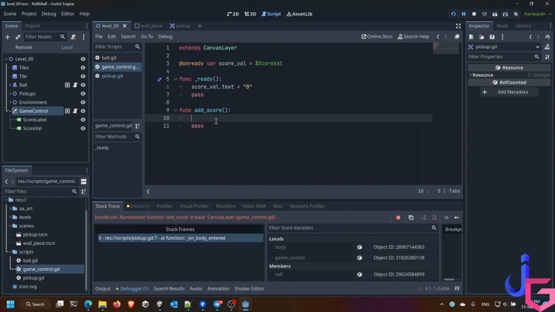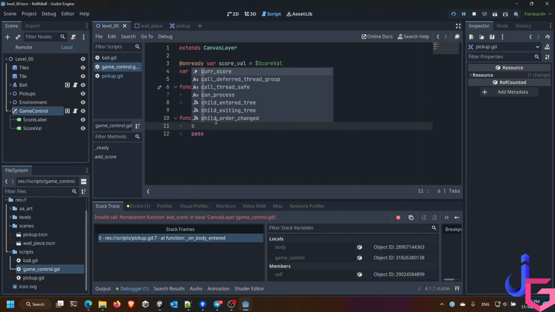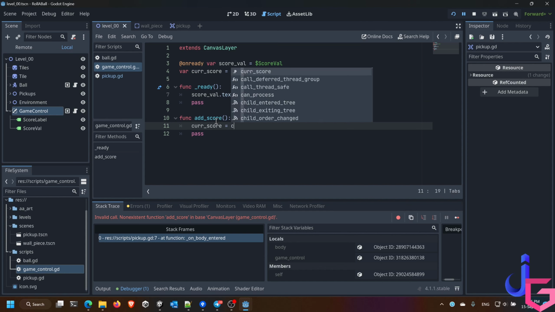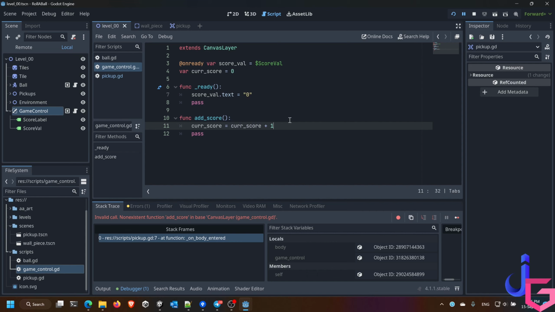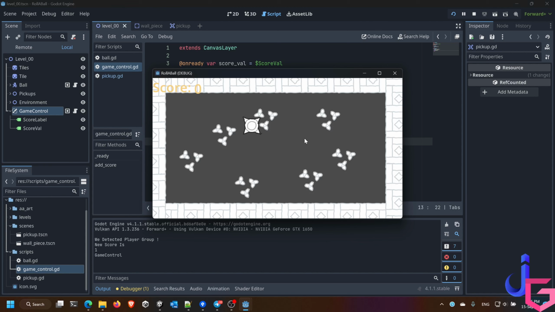So we want to add the score. How can we do that? First, we need to know what is the current score, and then we need to add 1 to it. So var current score is 0. So we can say current score is equal to current score plus 1. Print new score is print current score. Let's hit play. Now you can see 1, 2, 3, but this one doesn't vanish and this one doesn't update